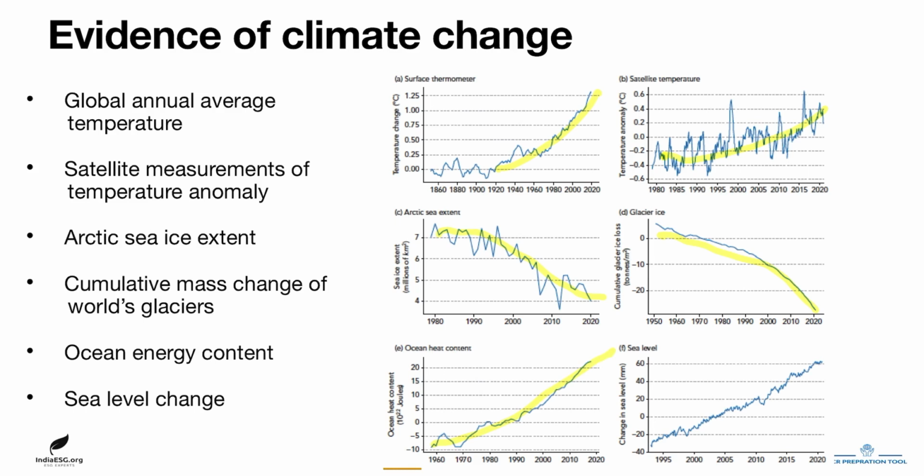Then the last diagram is on global average sea level change. This also confirms that sea level is rising, which is one of the impacts of global warming. So these are some of the direct as well as indirect evidences of warming,